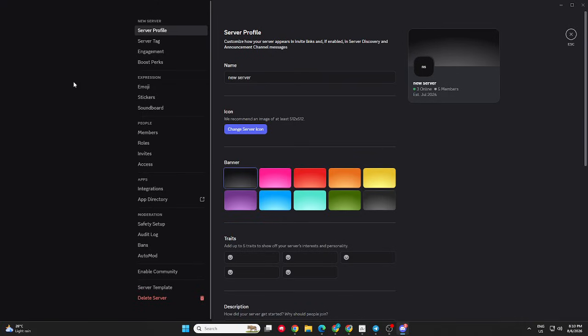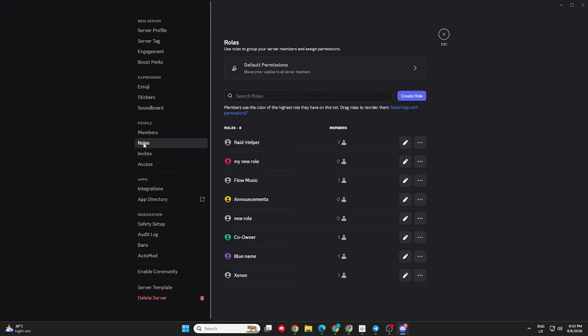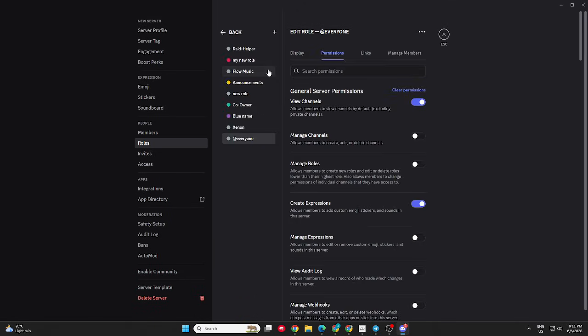Inside the Server Settings menu, locate and select the Roles section. This is where you can manage what different members are allowed to do within your server. Since you want to prevent regular members from creating invite links, you'll need to modify the default permissions for everyone. Select the Everyone role, which represents the default permissions applied to all members unless they have another role with different